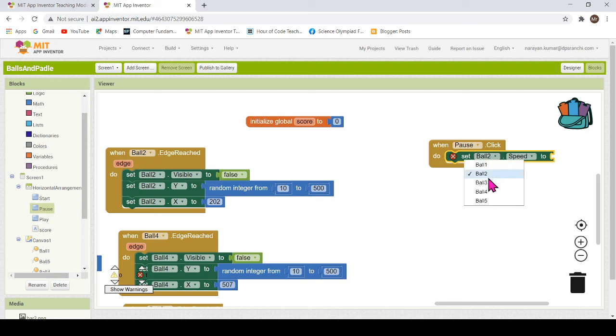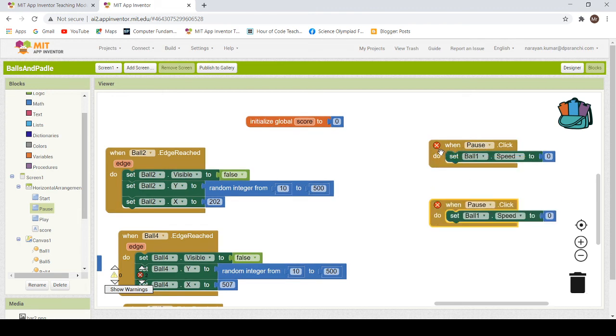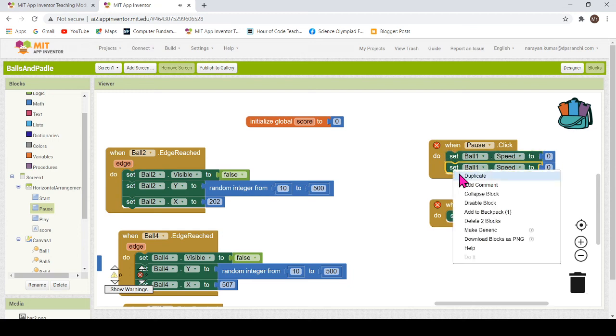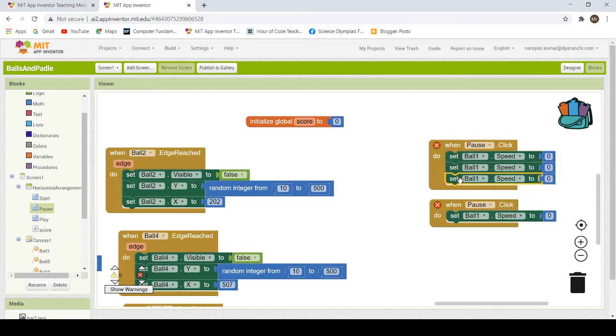Let's set ball 1 speed to 0. You will see what is going to happen. Your ball will not move at all whenever you click the pause button. And likewise, you can do it with ball 2, ball 3, ball 4 and ball 5.